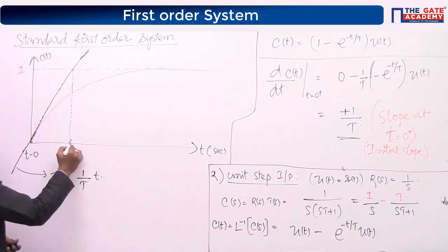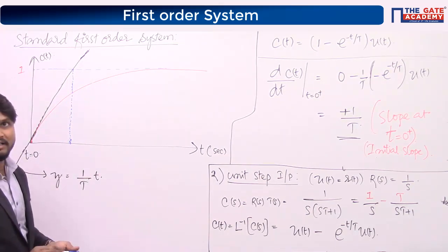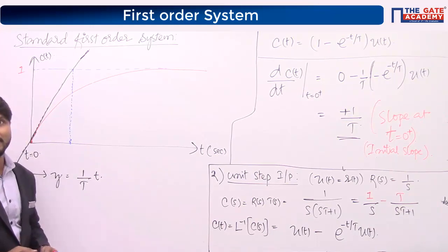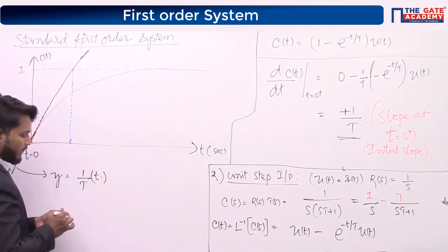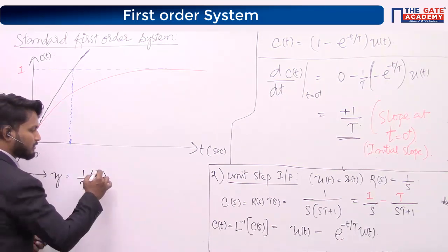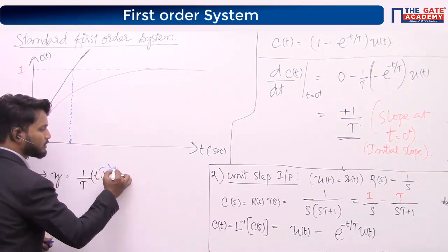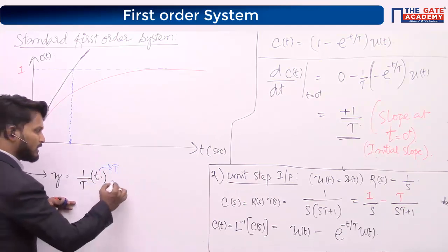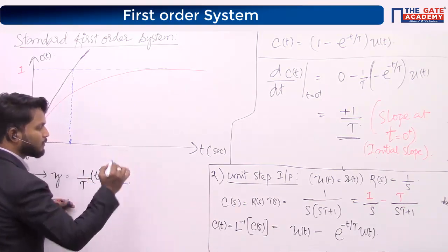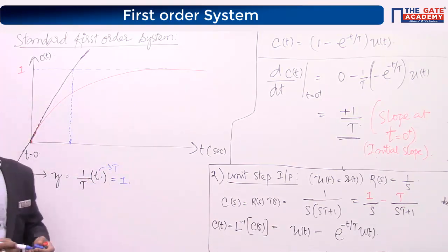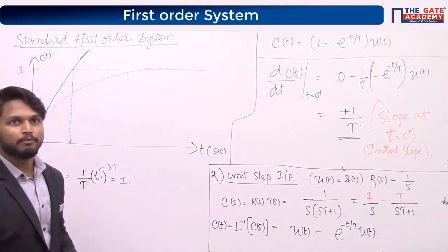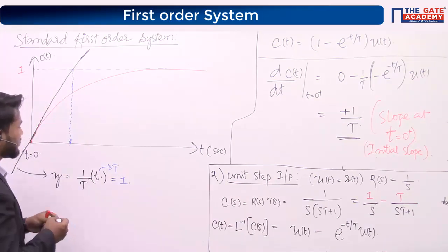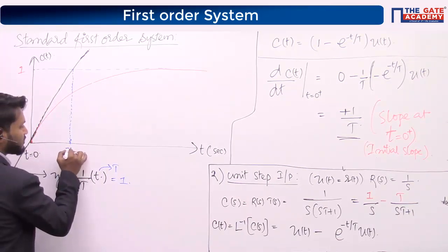In order to reach 1, it requires t seconds. This small t should be equal to how much? T. Only then the response becomes equal to 1, right? So if the response rises with initial rate of rise, it takes t seconds to reach that